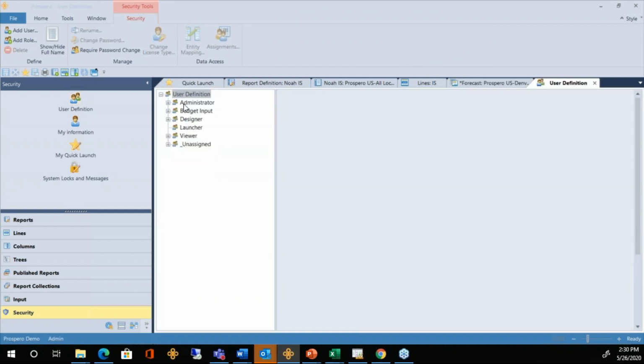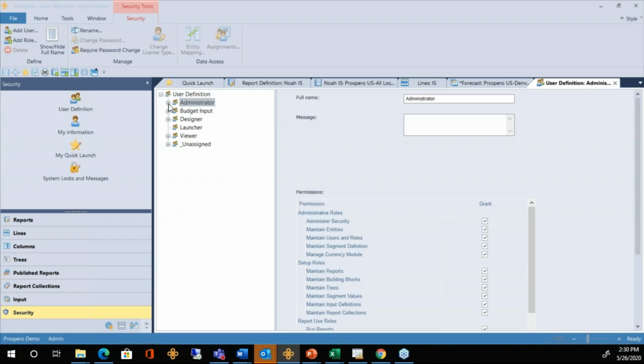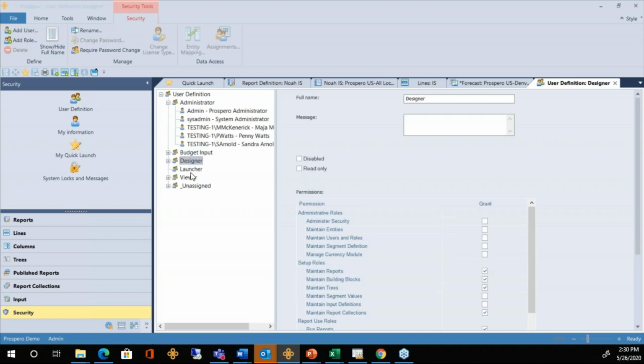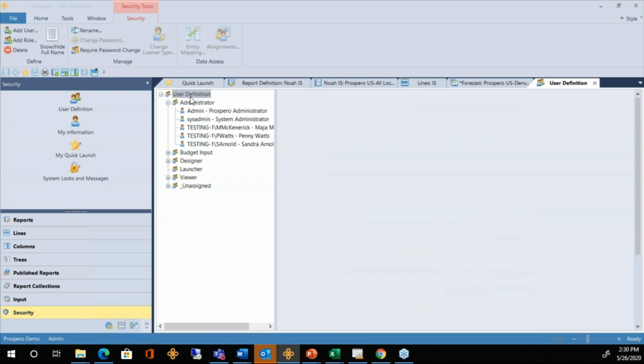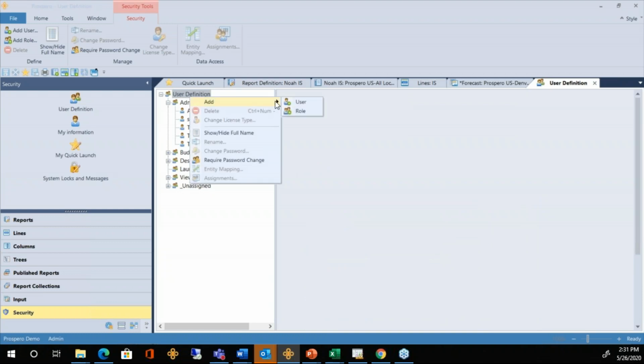I've got all these different roles set up: administrators, budget input, designers, viewers. You can set up as many different roles as you need to inside Prospero, and make any changes to their settings as far as who gets access to what areas.